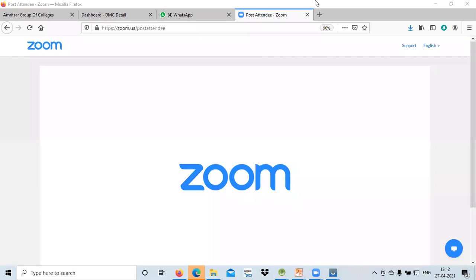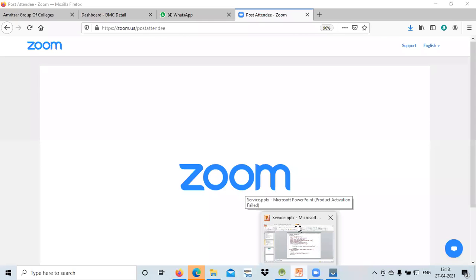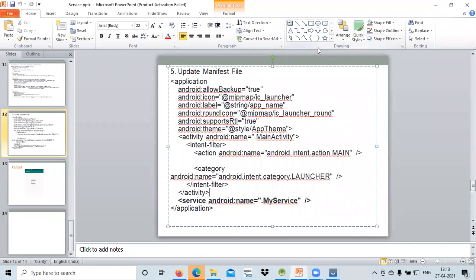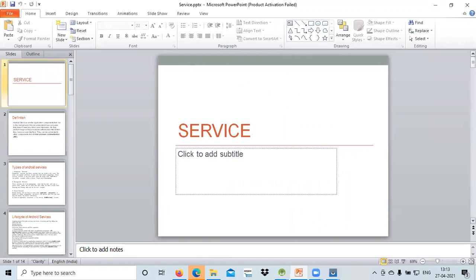Yes, ma'am. Okay, so next topic is regarding the service part. So any one of you can tell me what basically a service is? Ma'am, which runs in the background. Yes. So where have we studied regarding this service part? The basic components of Android. Yes, very good. So basically, we read about the service part when we need to define the components of an Android.